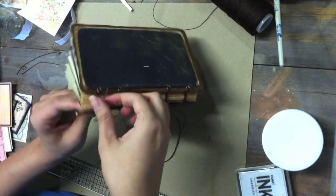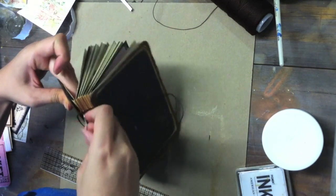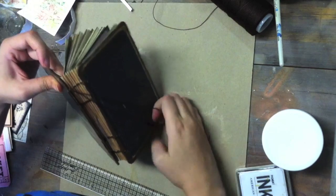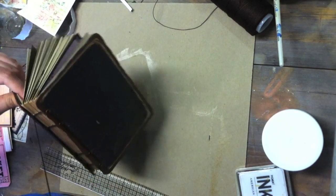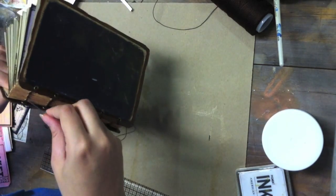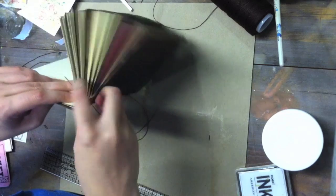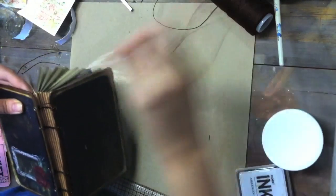Alright, and I've gone over that through this hole twice now, so now I'm going to skip over to my last hole. Just like this. And go under the stitch. This one's easy because it's right at the edge. My string's caught on the corner again. Pull my string nice and tight. Go in through the hole, or out through the hole. And then my last round here, going under the stitch. And then out of